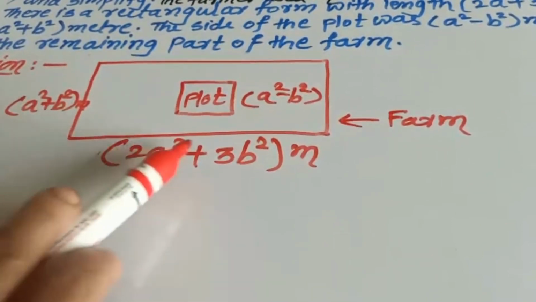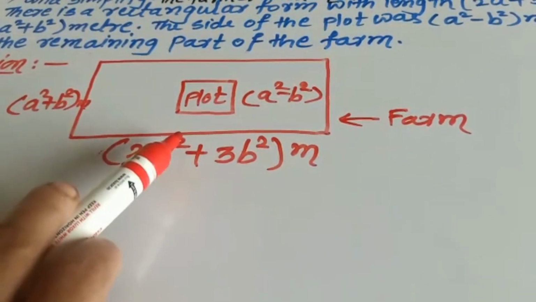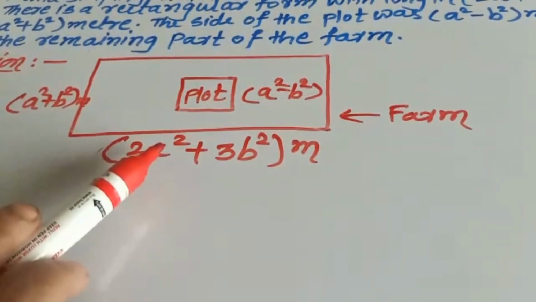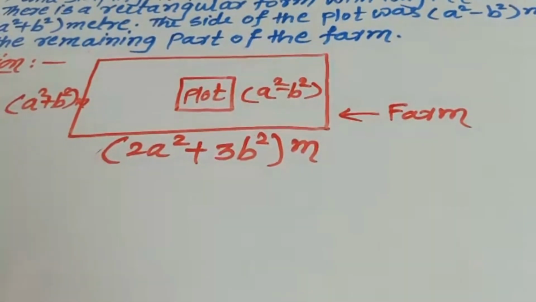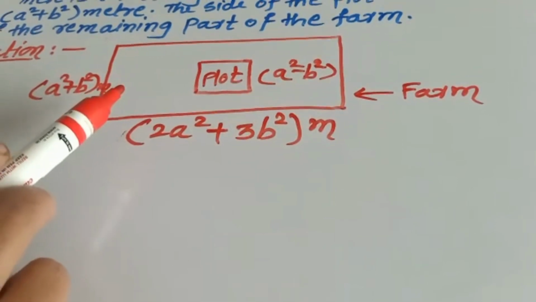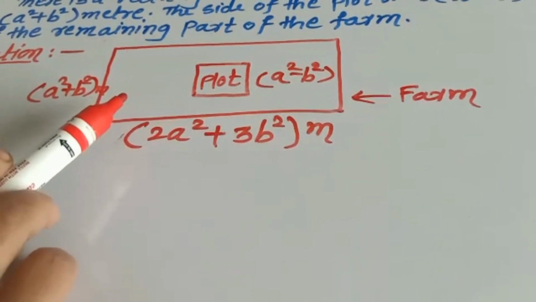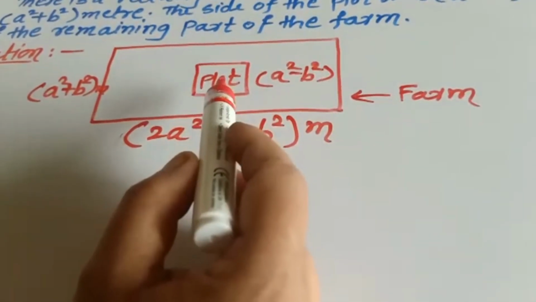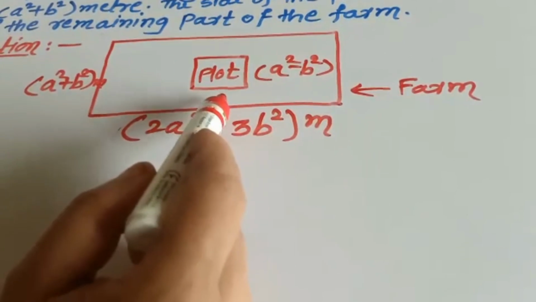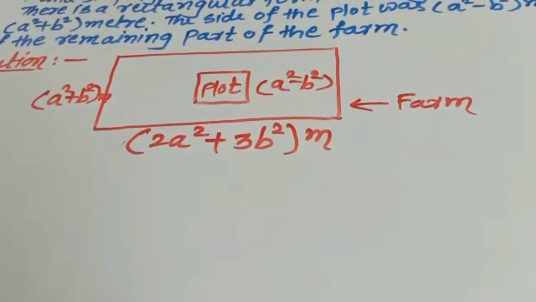So here the area of this rectangular shaped farm we can find by using the formula for the area of a rectangle, and it is length into breadth. So easily we can find it just by multiplying. Okay, that is length into breadth. And what to find out here? What is the area of the remaining part of the farm? So here area of the remaining part of the farm means if you subtract the area of that square shaped plot from the area of the rectangular shape farm, then you will get the area of the remaining part of the farm. Got it? Now we will write like this.